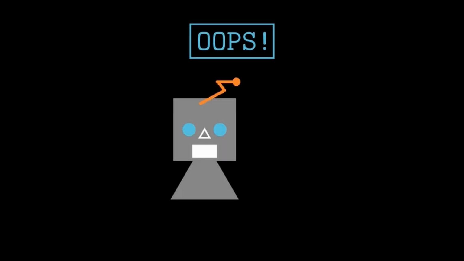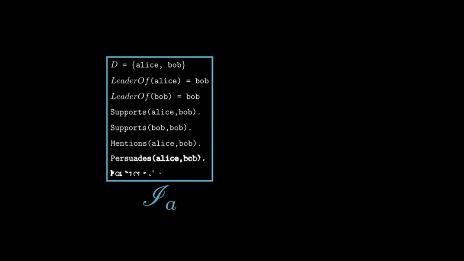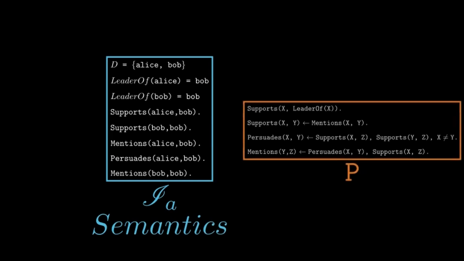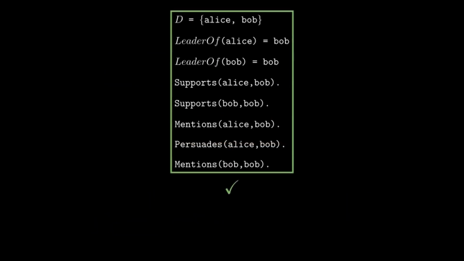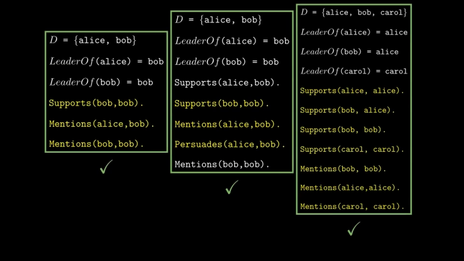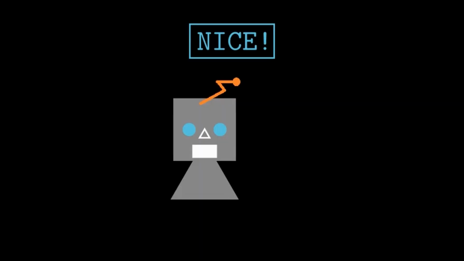Remember that an interpretation, which is a semantic structure, can only be considered a model relative to some specific program, a syntactic structure. Had we chosen the following, very simple program, we would find that all three of our agents provide models of it. So really, both the closed world and the program choice objections are entirely legitimate. But that is, in a sense, exactly the point of this video.